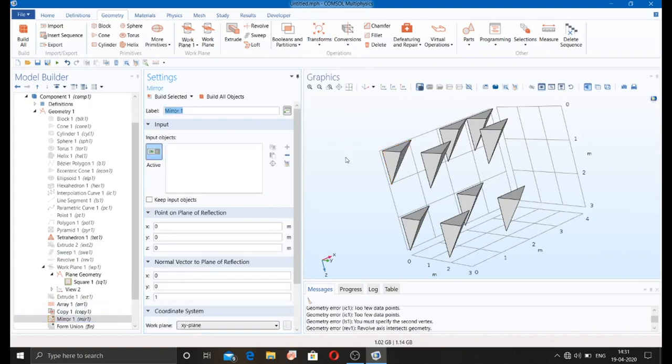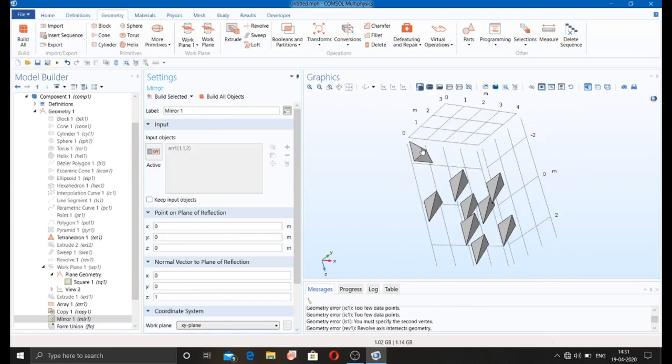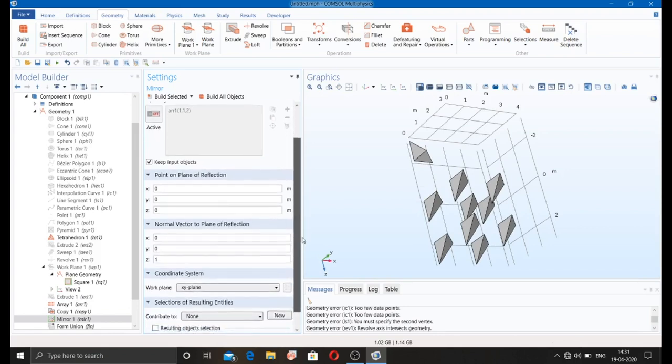Now we have to mirror. I'm just going to mirror this about the Z axis. If we keep the input, then this is going to be mirrored about this particular Z axis plane of reflection.